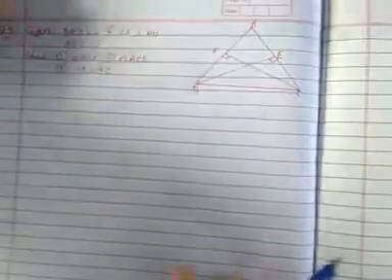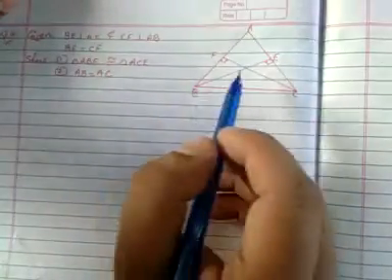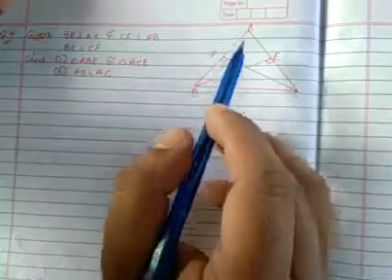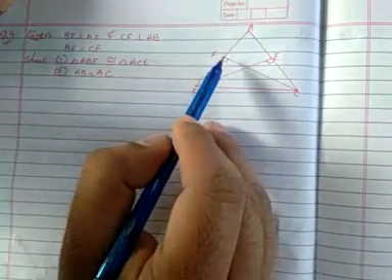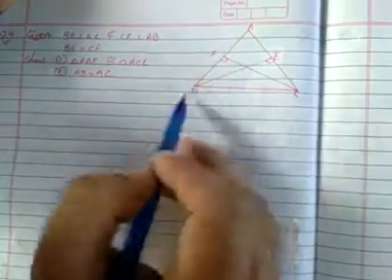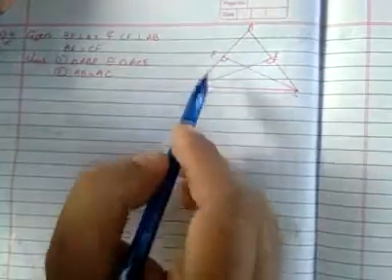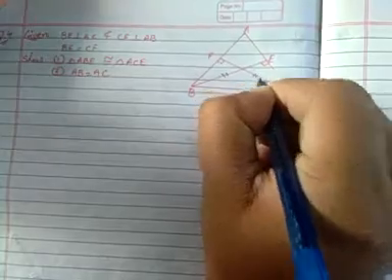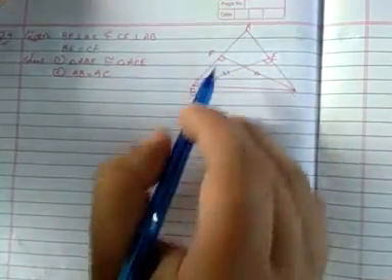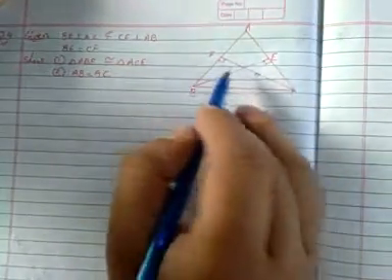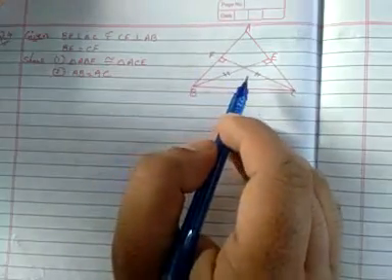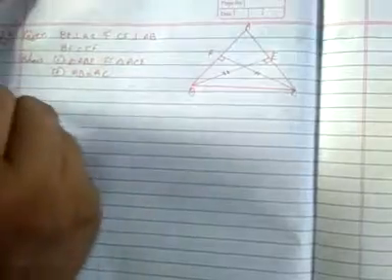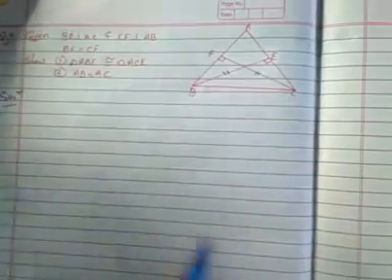So let us try. How can we solve this? In this question we have two hints. Number one, CF and BE both are altitudes and both are equal. This one and this one both are equal and both are right angle altitudes. Am I right? So let us start. Solution.